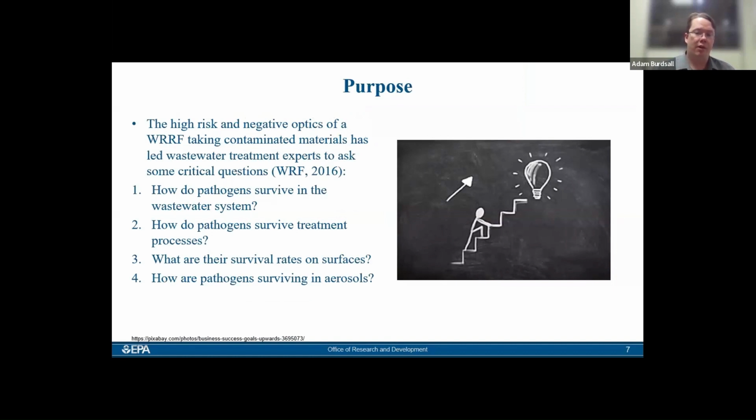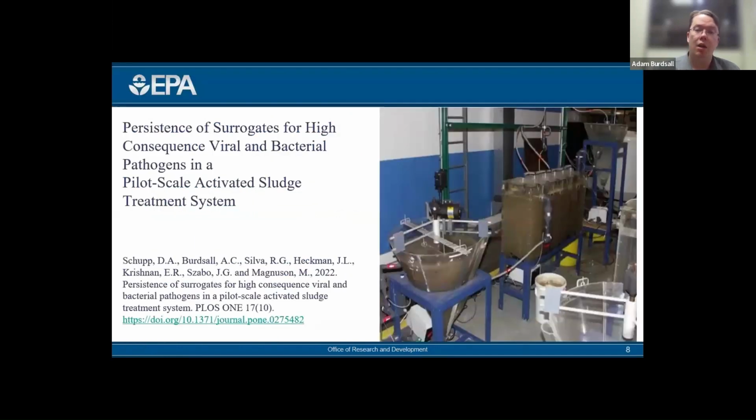What are their survival rates on surfaces? How are they surviving in aerosols? Our research is conducted to provide some answers to these questions and hopefully provide further insight to help mitigate pathogen survival. So now that I've laid some of the foundation, let's get into the research, beginning with the persistence of